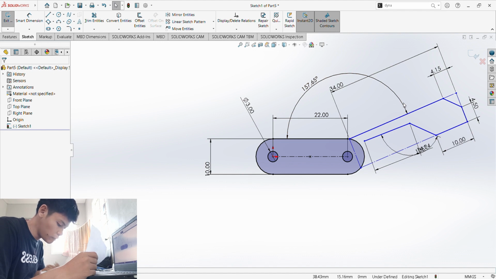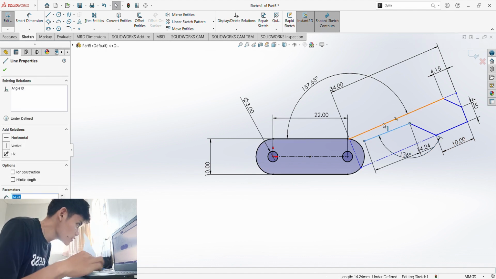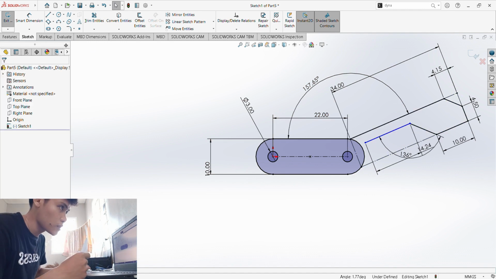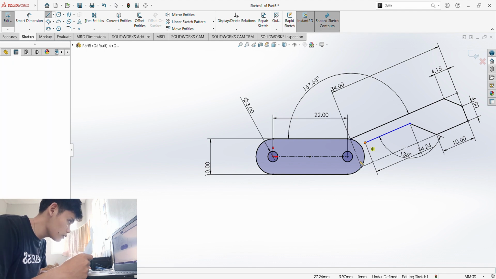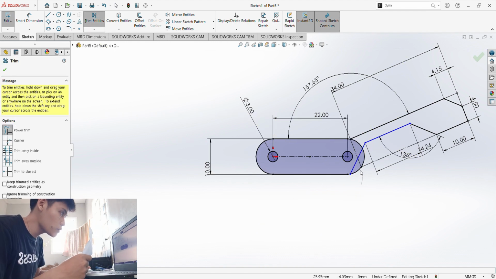This should be 34, 4.15, 7.65, should be 22, should be 3, should be 31, 14.24, 136, and 10, of course. So let's make this parallel to one another. Then check. And you just have to click here. Then go right here. Then we go trim entities.